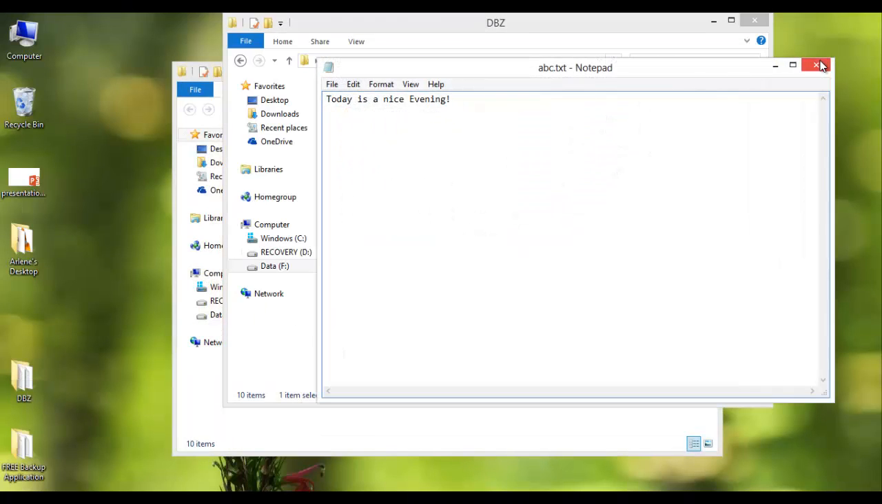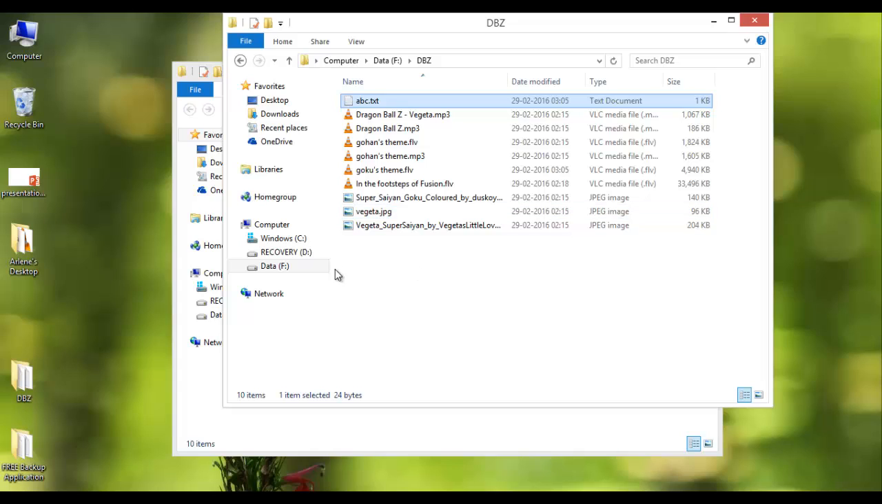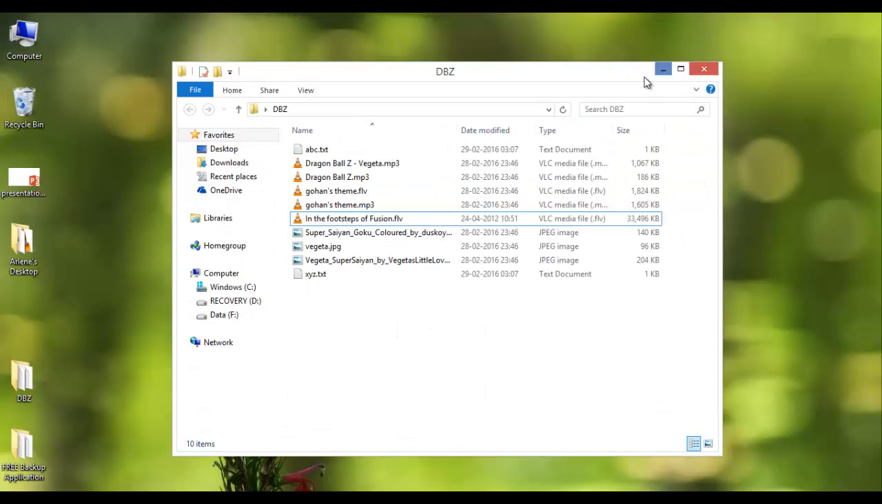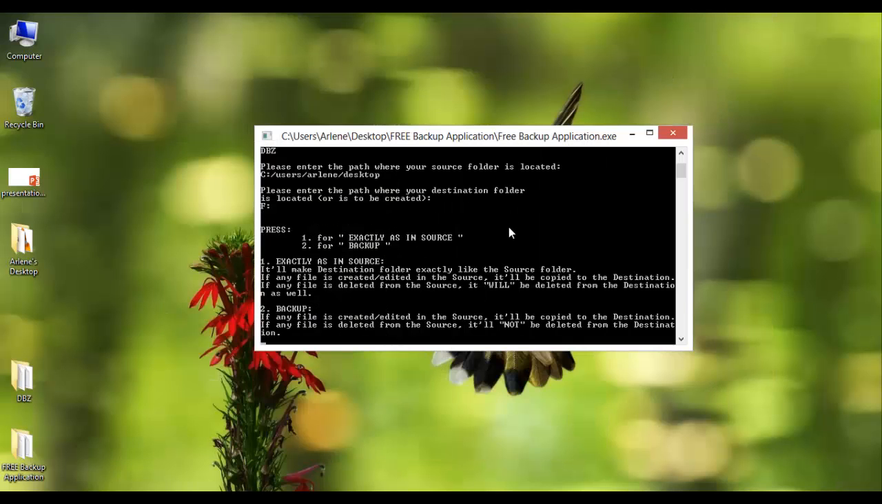Now let's check it on the destination. abc.text, today is a nice evening, it's not evening and morning. xyz.text, it's not present on the destination, and goku's theme.flv is still there. Okay, now if we choose option number 2,